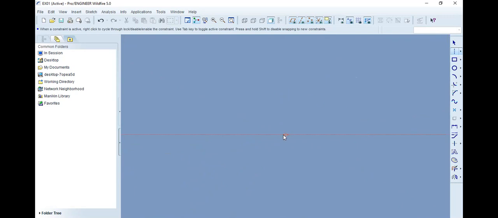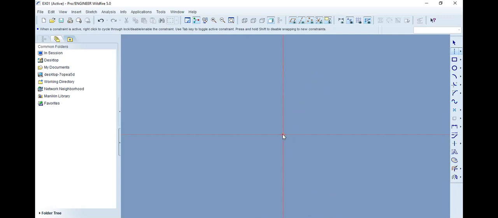Now to create one more center line that is going to be a vertical center line, we click anywhere on the horizontal center line to create the first point of the center line and move the mouse. Once it shows you the V, which means vertical, then we click here to make the vertical center line. Right? So now we got the two center lines.